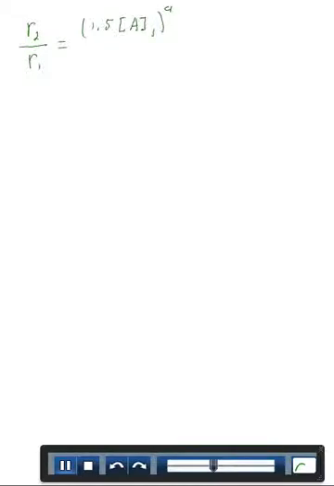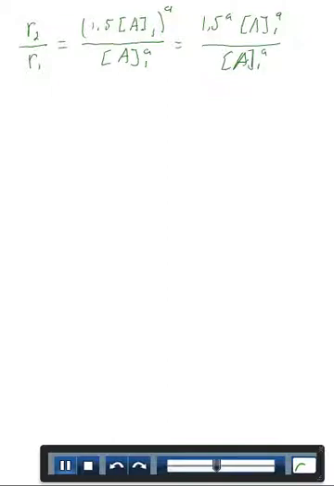Raise that to the little a power. I have the concentration of A1 in the denominator. So now I can break this up: 1.5 to the a power times the concentration of A1 to the a power over the concentration of A1 to the a power. Now the concentration of A1 cancels, and I have R2 over R1 is equal to 1.5 to the a power. So now I can solve for little a here by taking the natural log of both sides of the equation,